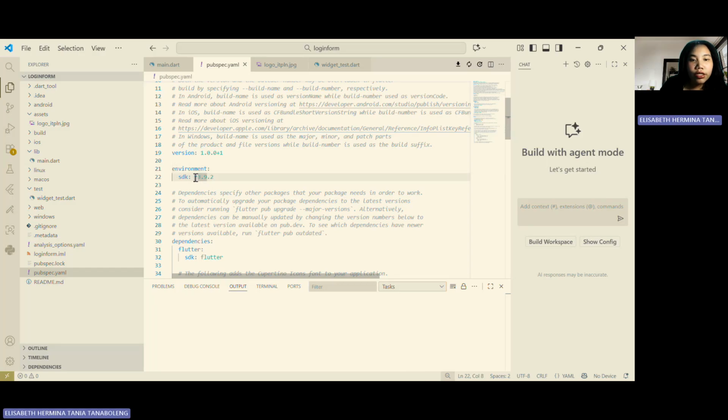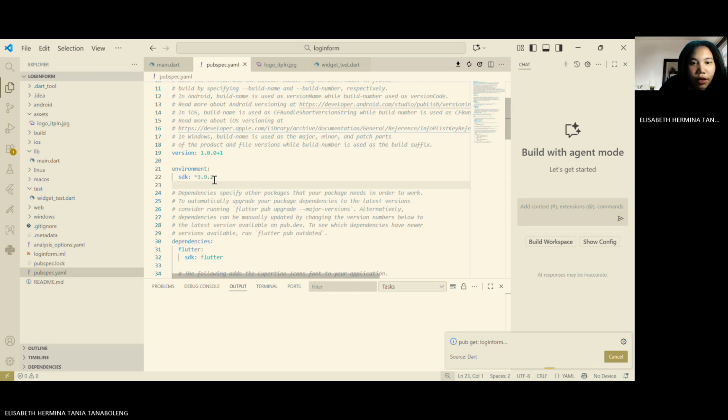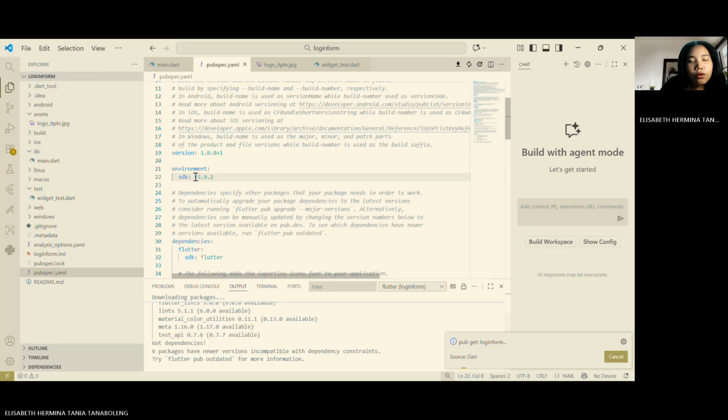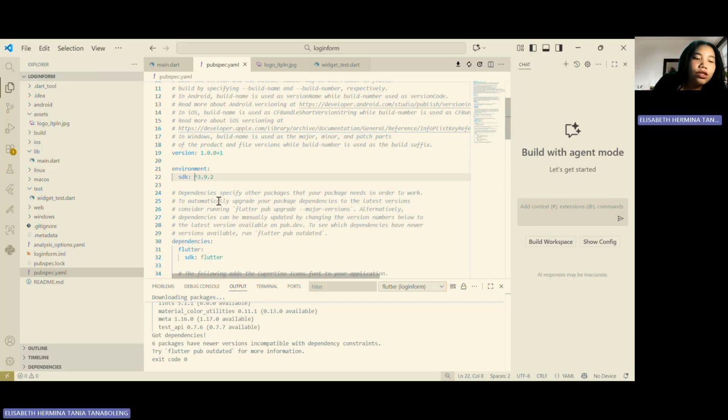And this caret symbol before the number indicates that version 3.9.2 or later can still be used, provided there are no breaking changes.